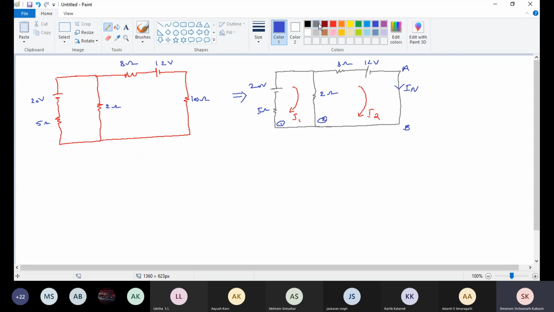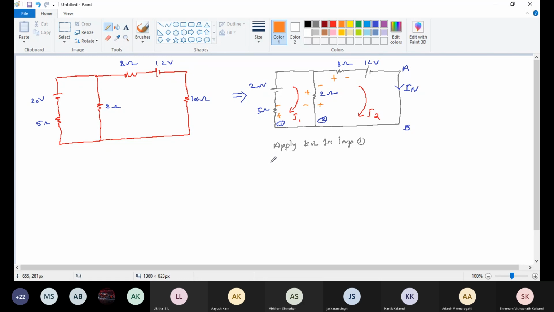Next step is to apply KVL for loop 1. This one is current entering the point, plus minus here, also plus minus. Okay, KVL for loop 1,